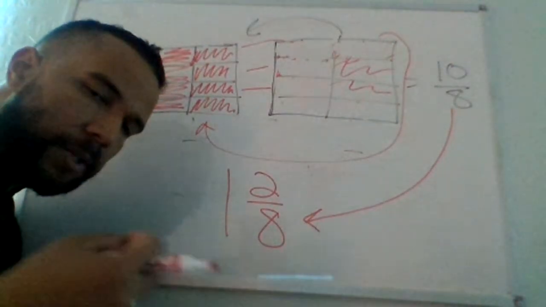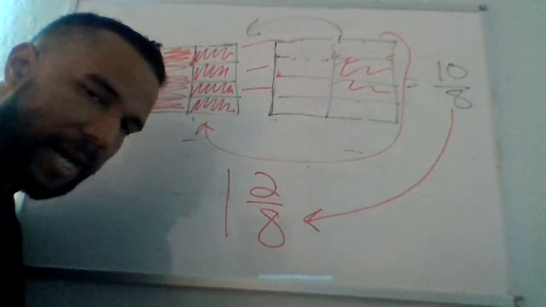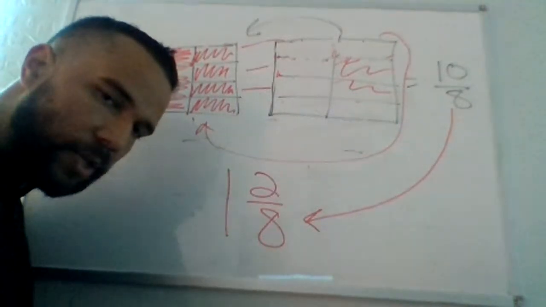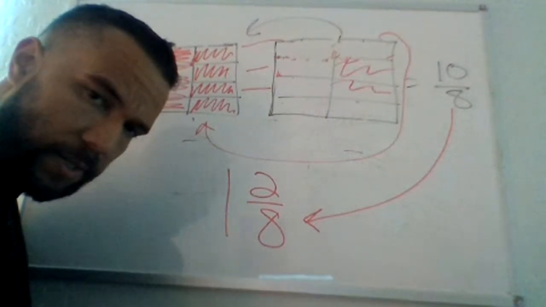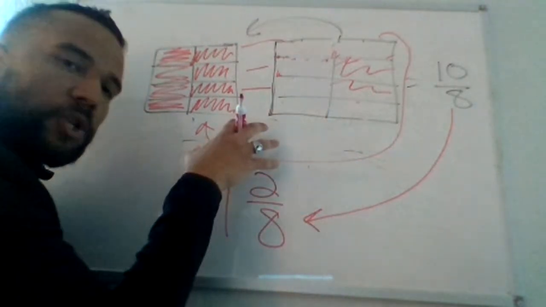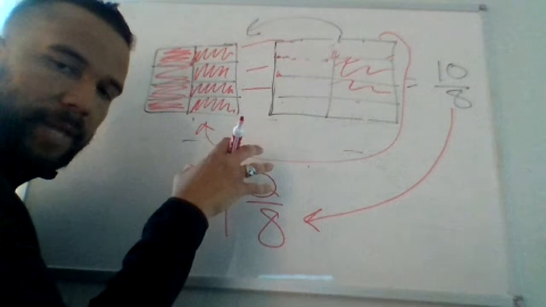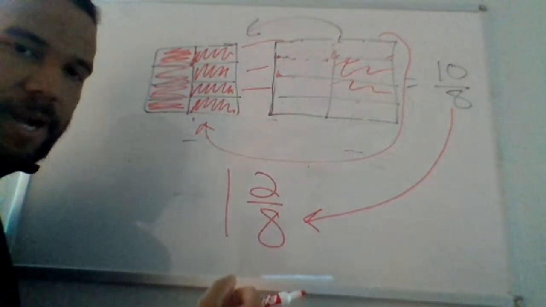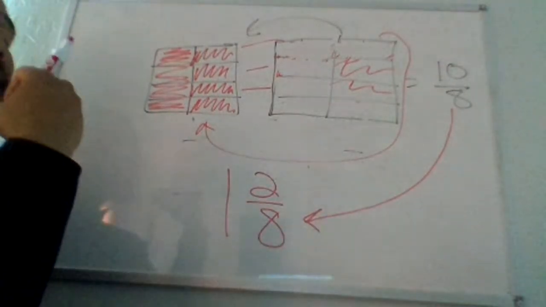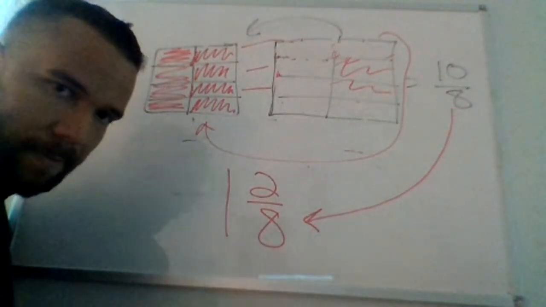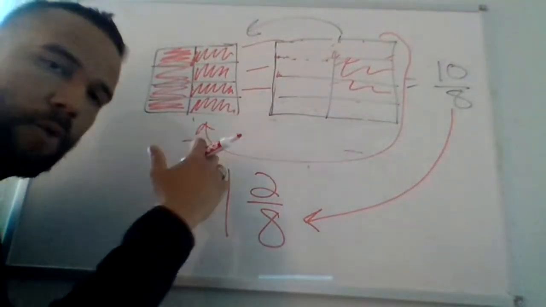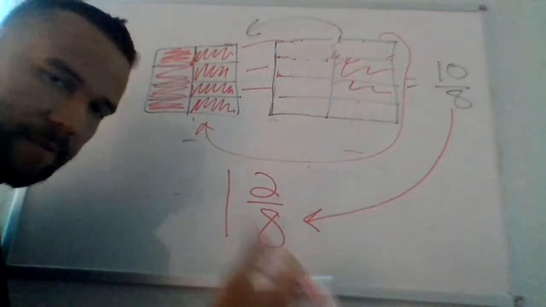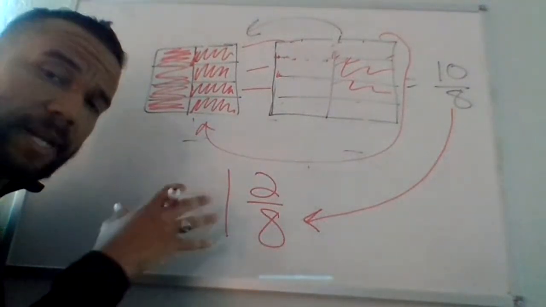Now, am I going to do that every single time I want to change an improper fraction to a mixed number? No. I'm going to show you an easier way to do that. But I want you to understand the concept, okay? Especially again for algebraic equations so that you know what each number is. And this is going to be especially important for word problems because if this was like buses and people on a bus and moving over and how many buses would you have and all of that, this is going to be easier for you to understand.